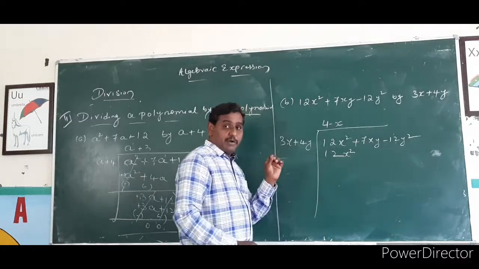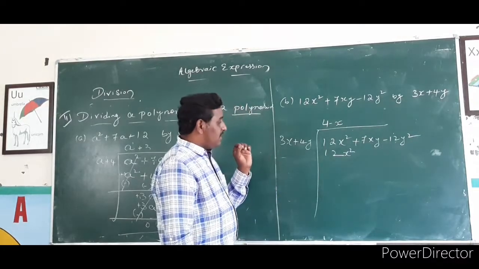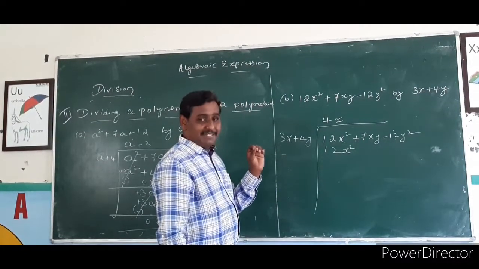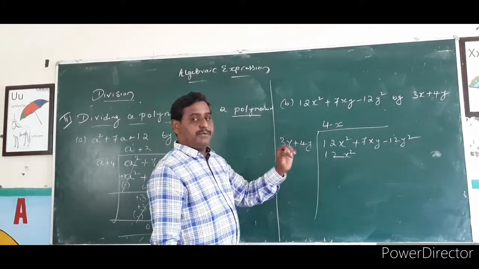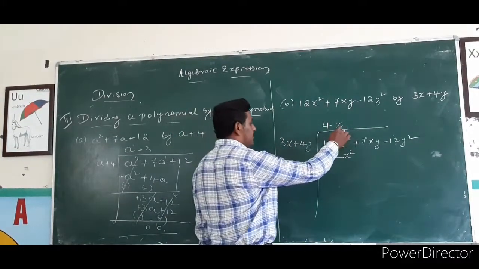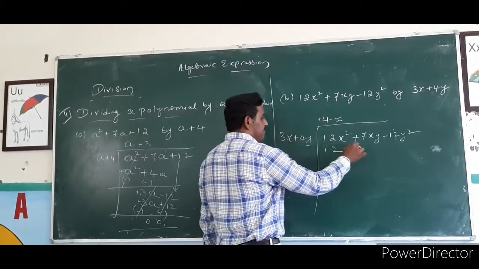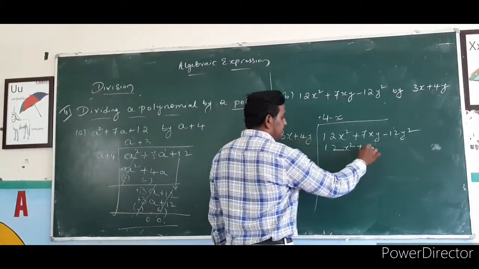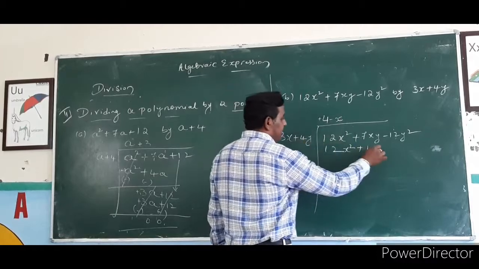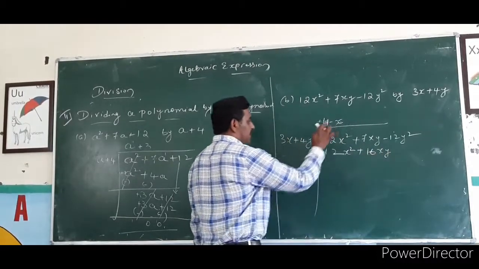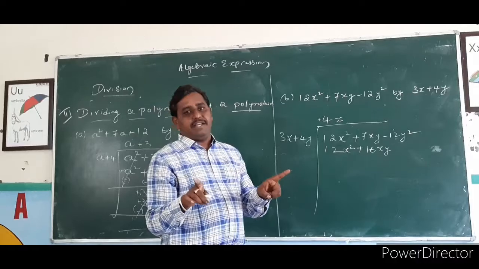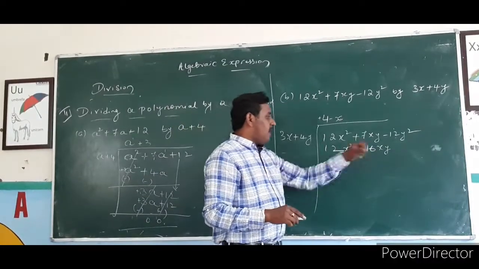You understand? I hope you children clearly understood this step. So you should do this step carefully. After this, same thing you multiply for this. Here plus plus plus plus. 4 4s are 16. X into y, xy. So x and y are two different variables. That's why xy.